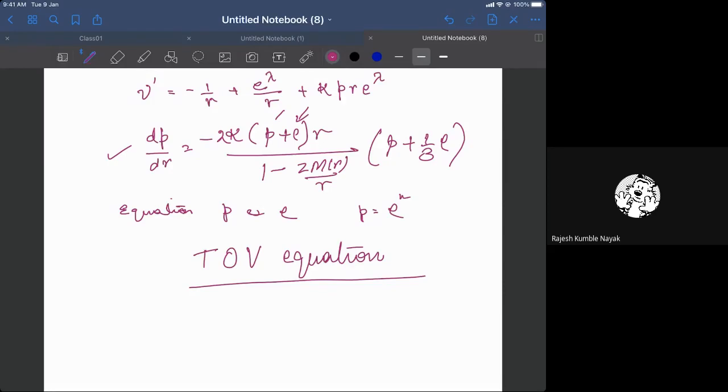For specific cases of equations of state, you can solve for the polytropic index. For a few polytropic indices, you can solve it exactly, but they may not be of great interest. But for most of the realistic cases, you have to numerically integrate. But it's not a big deal. It's a fairly simple differential equation, two first order differential equations. You can simply write down the simplest of codes, solve this and get the structure of the relativistic star. Okay, any questions?